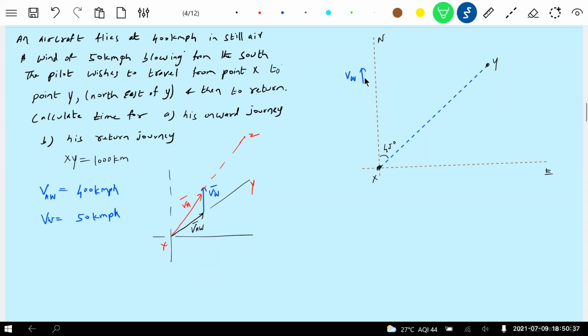I had to show it's wrong. Sir, okay, at least show the correct diagram, sir. Okay, I'll put it here now. Now the velocity of aircraft, let it be directed here, VAW bar. Velocity of wind, it is blowing from south means along north. Now this will be the velocity of aircraft. This angle, I don't know, theta. This is alpha, this is theta. I don't know these things, but alpha plus theta is 45 degrees.